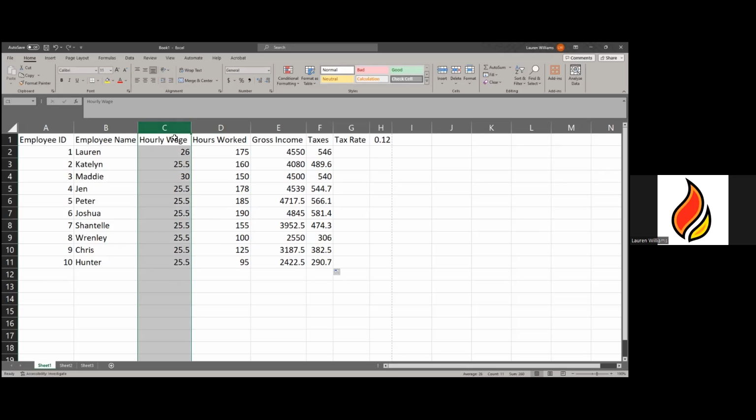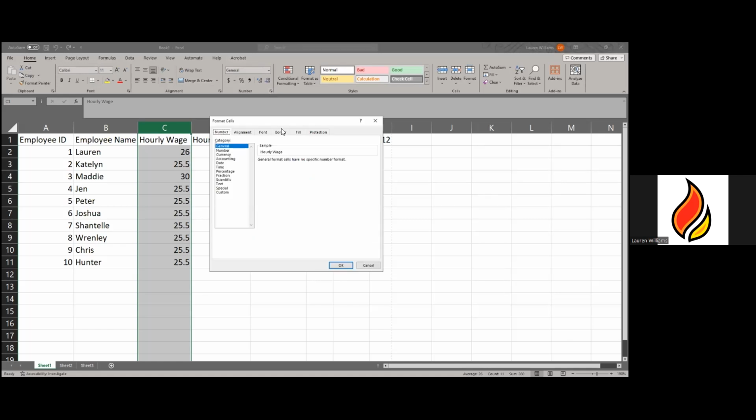So by clicking on column C, we want to format these cells with money. If we go to the Home tab and over to the Number group, close to the middle, and click on the down arrow, it will give us a little pop-up option to format cells. So in the case of this,